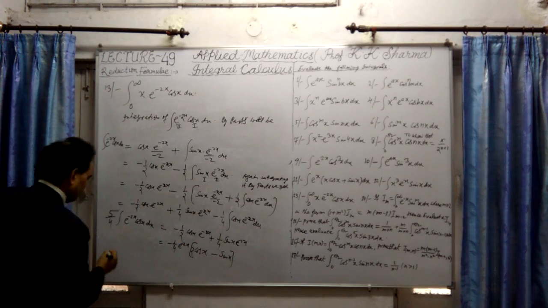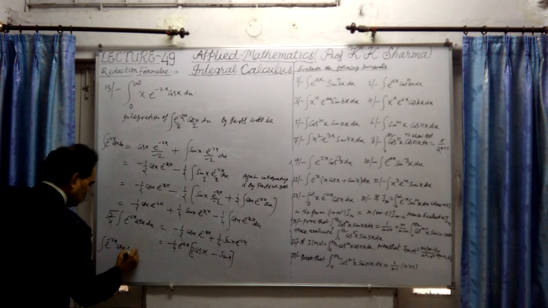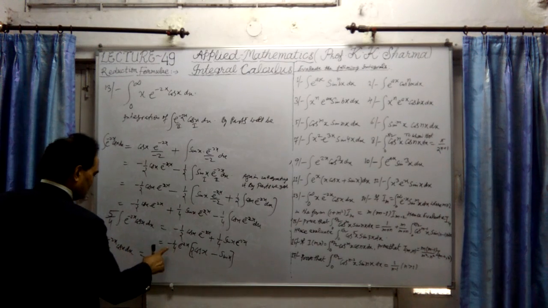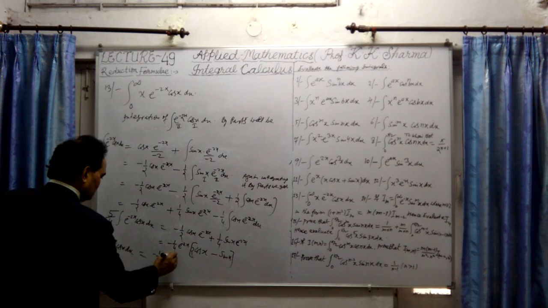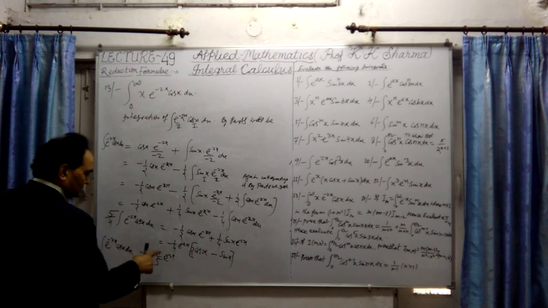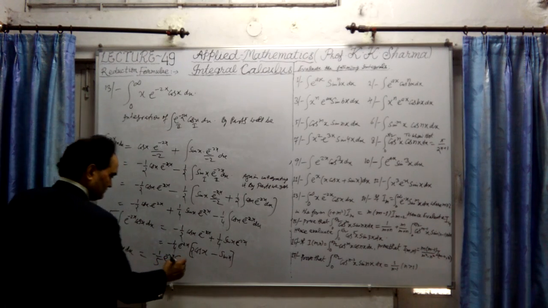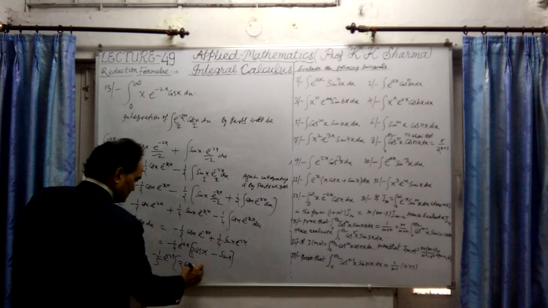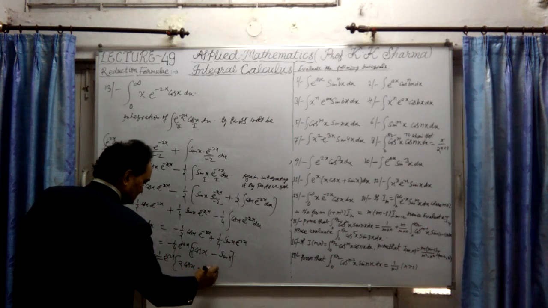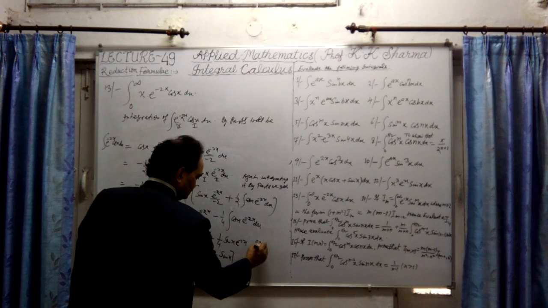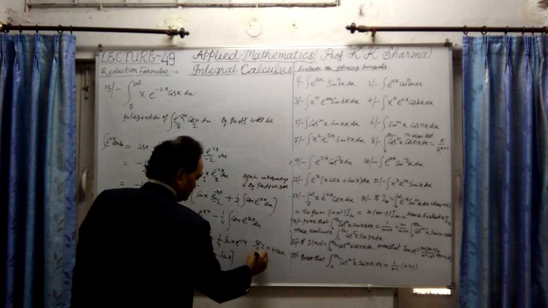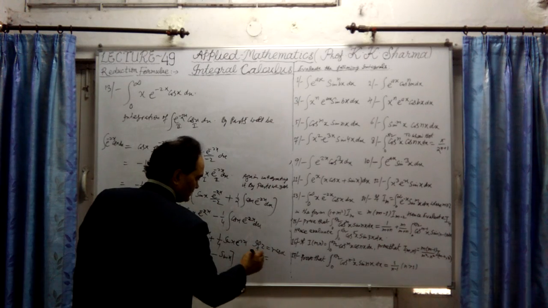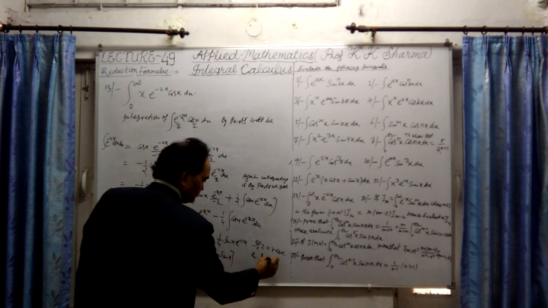First let me find out this value. This is the integral of e raised to minus 2x into cos x into dx, which is minus 1 by 5 e raised to minus 2x only. The 4 will cancel out. Within the bracket it is 2 cos x minus sin x. If 2 is equal to r cos alpha and 1 is equal to r sin alpha,